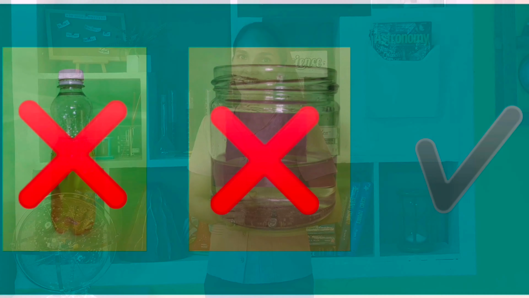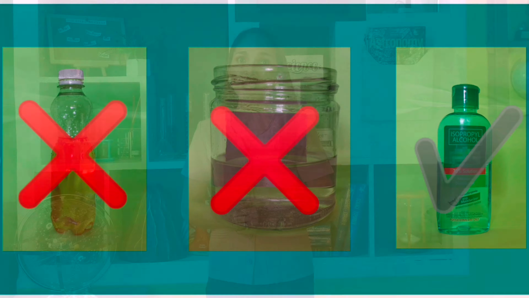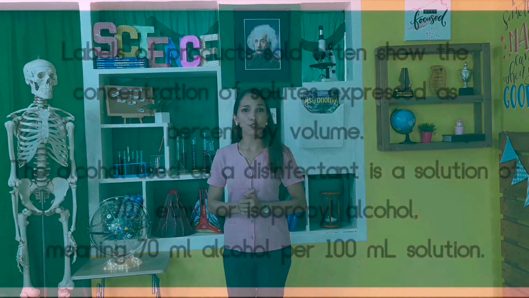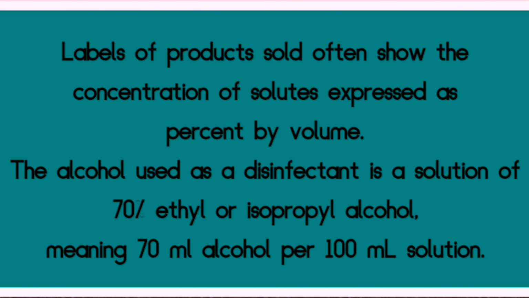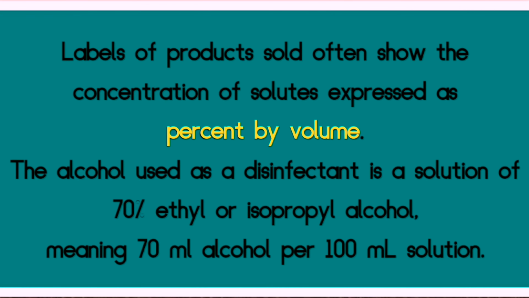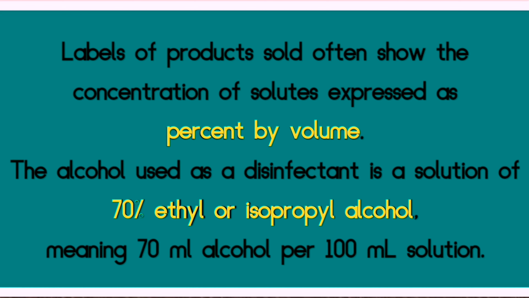Yes, it is alcohol. Alcohol is a solution that every household must have during this time because it is used as disinfectant, meaning it kills virus upon contact. What have you noticed about this concentration of this alcohol? Labels of products often show the concentration of solute expressed as percent by volume. The alcohol that is used as disinfectant is a solution of 70% ethyl or isopropyl alcohol, meaning 70 ml alcohol